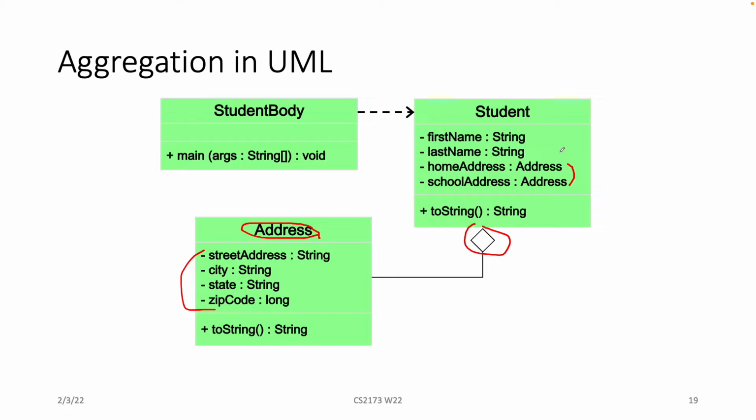So this aggregation is, in a sense, a closer representation of how the actual things we're modeling are organized, because if you think about it, an address is sort of one thing. And so the student class code,